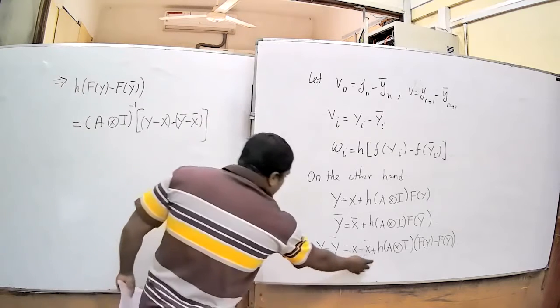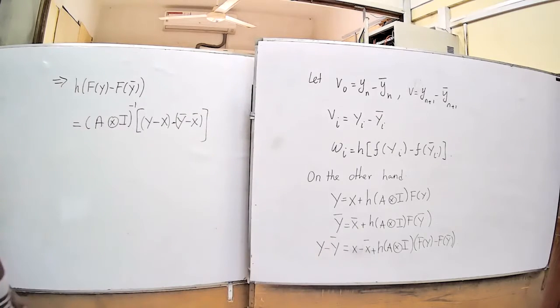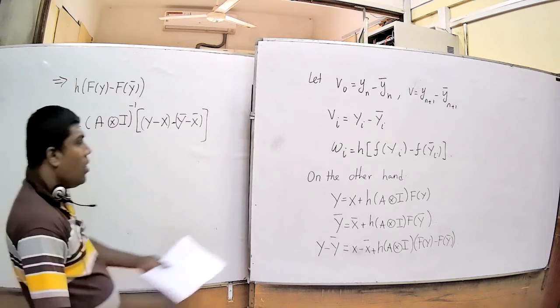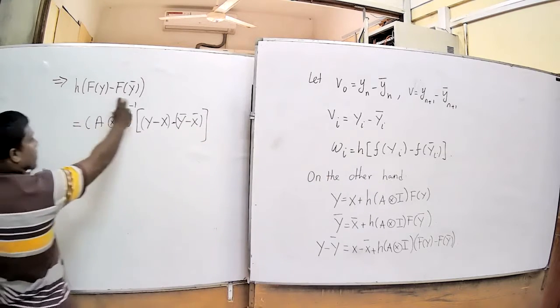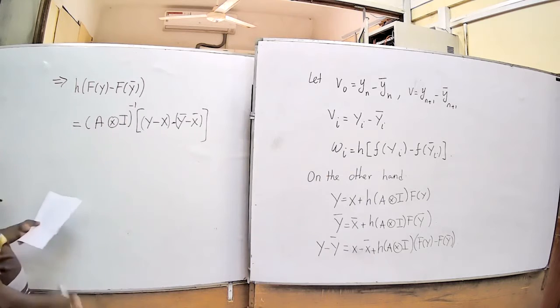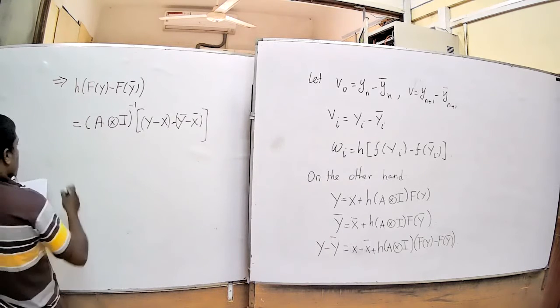Right? So you move x and x bar to the other side and combine y and x together, and y bar and x bar together. So you get y minus x minus y bar minus x. Then you move the matrix A cross I to the other side, so you get A cross I inverse. So now this is the individual term of this, right? So that is